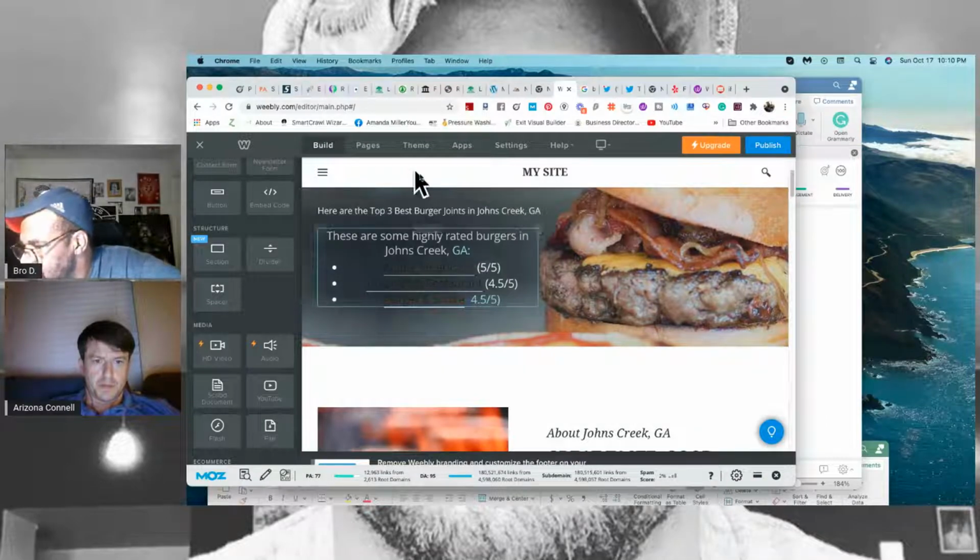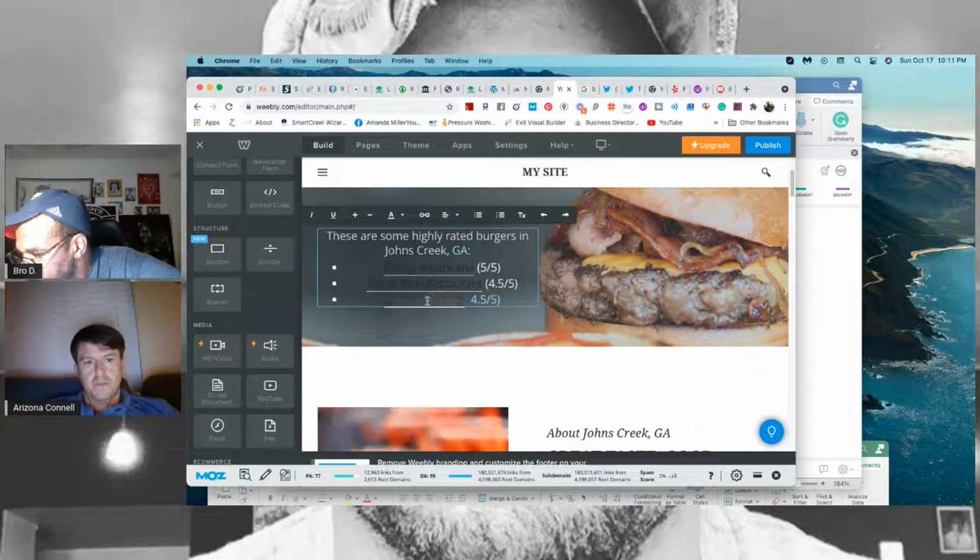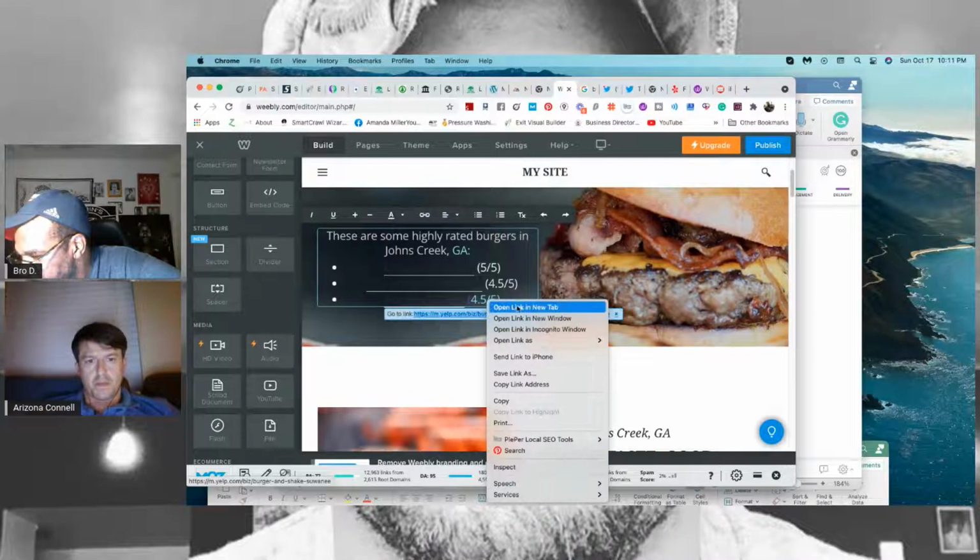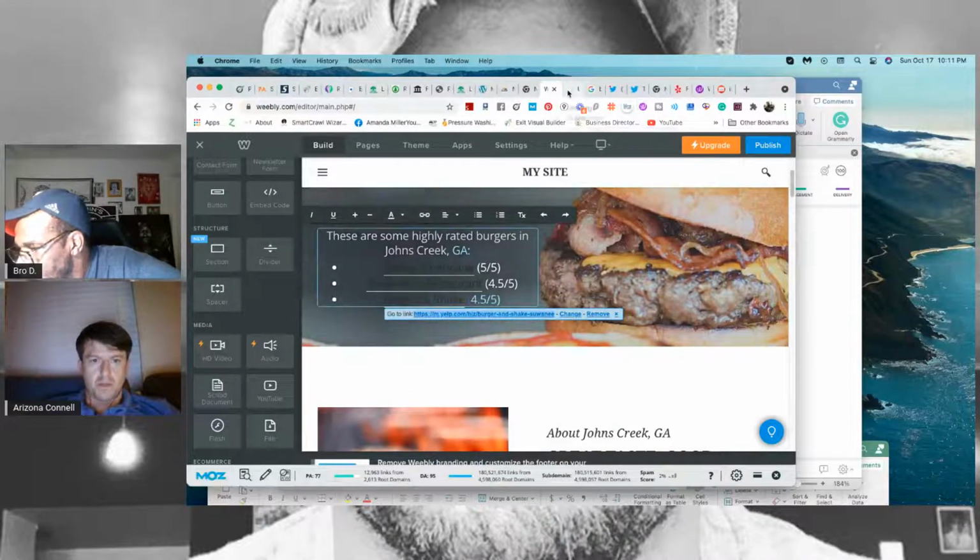Burger and shake. I don't know why I didn't do that beforehand.